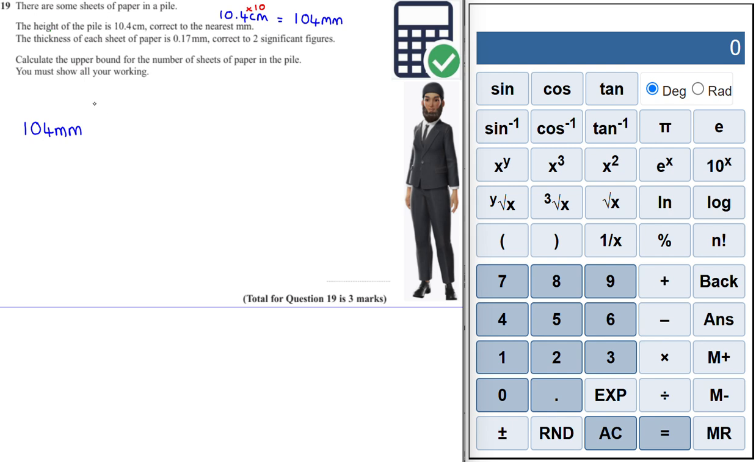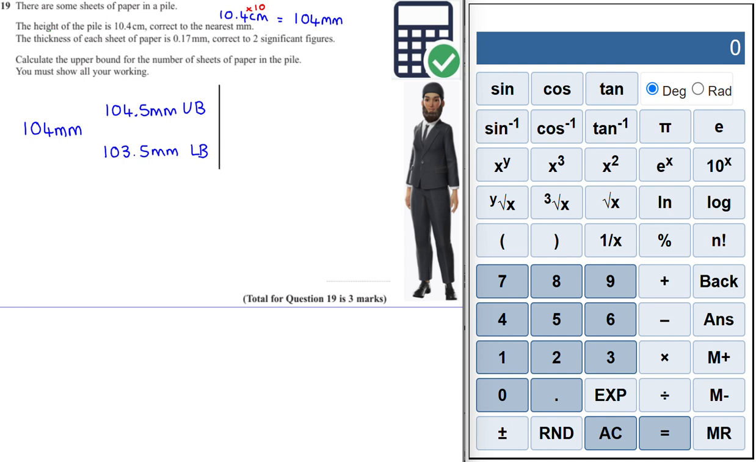Now the upper bound over here, let's write down upper bound, and the lower bound. The upper bound is to the nearest millimeter, so therefore this will work out to be 104.5 millimeters. This will be our upper bound, and then 103.5 millimeters, this will be our lower bound. Let's create a little margin over here,